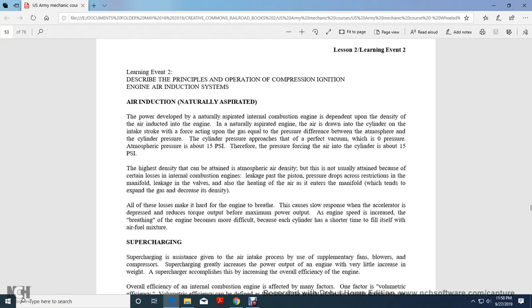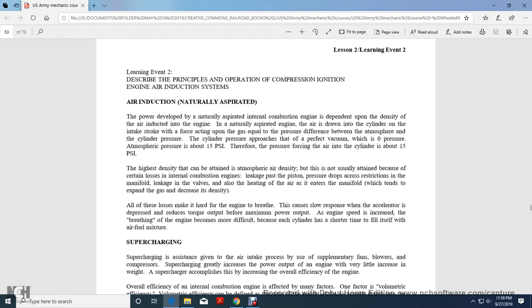The power of an internal combustion engine depends on the density of the air inducted. In a naturally aspirated engine, air is drawn into the cylinder through the intake by the pressure difference between the atmosphere and the cylinder. Cylinder pressure approaches a perfect vacuum, which is zero pressure, while atmospheric pressure is about 15 psi, forcing air into the cylinder. Higher density than atmospheric air density can not usually be attained,